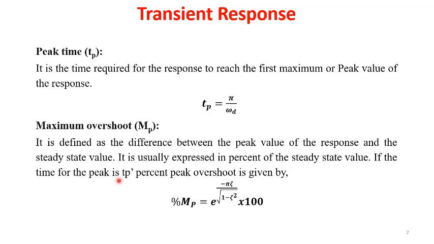If the time for peak is TP, then percentage peak overshoot, percentage Mp, is equal to e to the power minus pi zeta by root of 1 minus zeta square, into 100. Here we multiply by 100 because the peak overshoot is measured in percentage. At TP, whatever height we get above the steady state value,